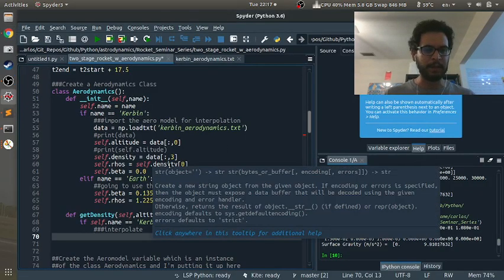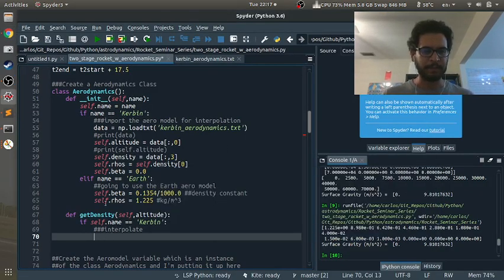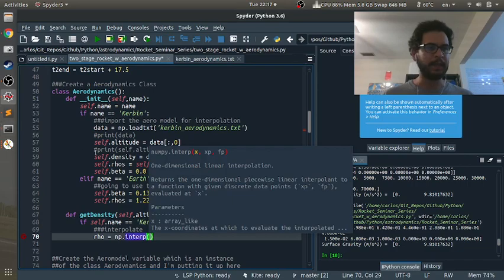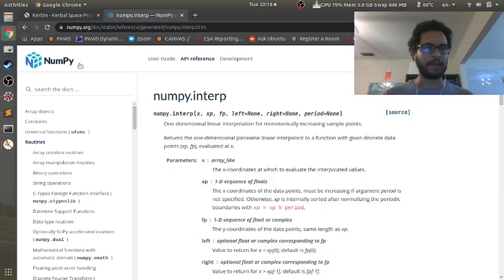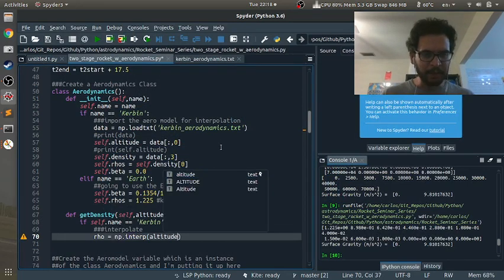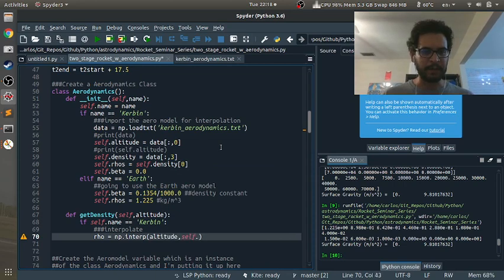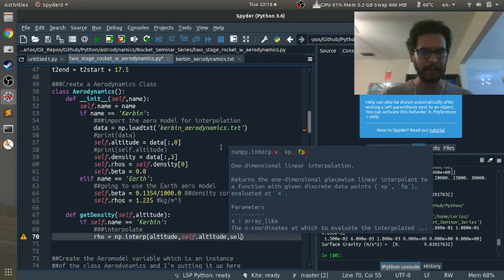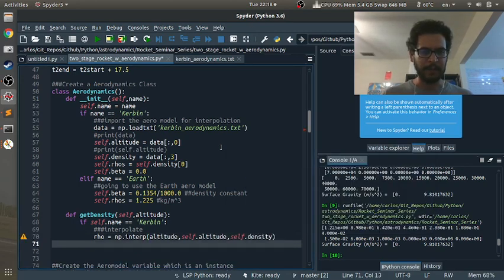Okay, so what we're going to do is we're going to say rho, and I don't need to do self because I'm just going to return this, is np.interp. My computer is lagging, so I'm just going to get rid of that. So it's x, the value that I want to interpolate, so that's altitude. Then the x coordinates, which is self.altitude. And then the y coordinates, which is self.density. Okay? Then elif